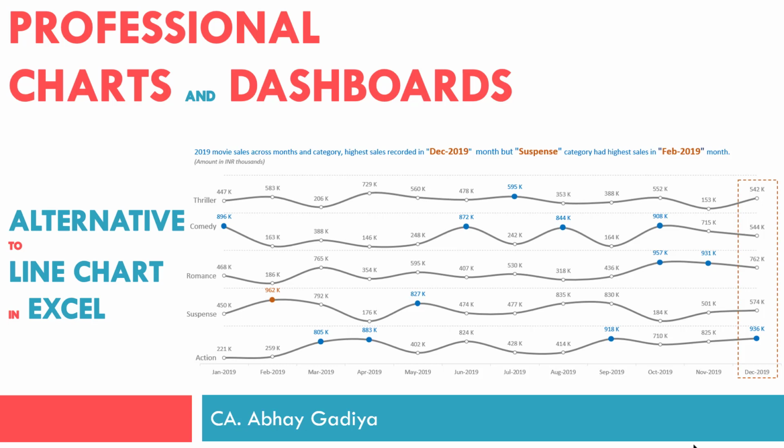Welcome to the video for small multiple stacked line chart. Most experts recommend using a line chart for presenting time series data, where your focus is to understand trend over a period. Now the dataset which we have used in previous videos also has monthly sales data for different categories of movies.